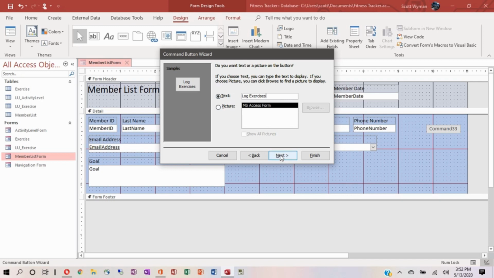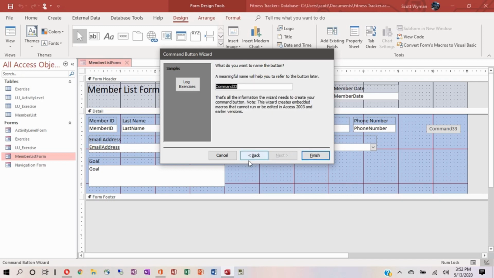Pretty easy. Click the next button. Now for this one, you don't really have to make any changes here to the button name. You can just go with this standard whatever command and then a number that applies to it. To be honest with you, most of the time I don't change these names. But if the button is pretty specific, like this one's pretty specific, we're going to go ahead and change this